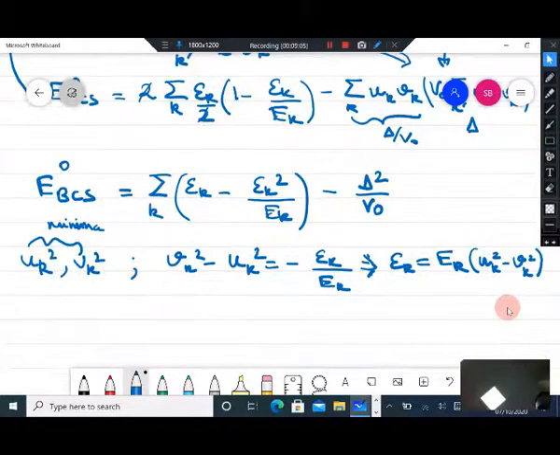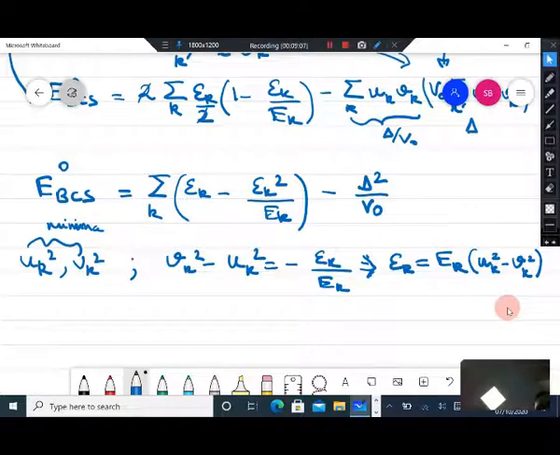Okay, and you can use these in this expression. You can put all of that here, and then we have twice the summation over k,